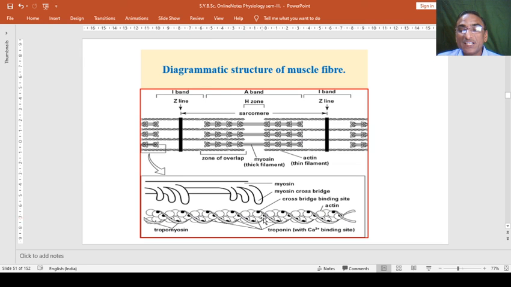If you see the ultrastructure under an electron microscope, you see the structures quite like that. So this one is the tropomyosin. These are the tropomyosins which bind all these myosin filaments or myosin molecules with calcium binding sites. So calcium is a strengthening material which gives strength to these muscles, and therefore muscles are the strongest cells of the body among all other cells.